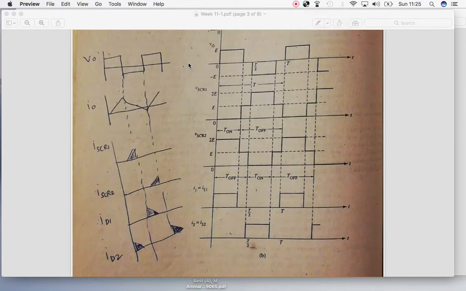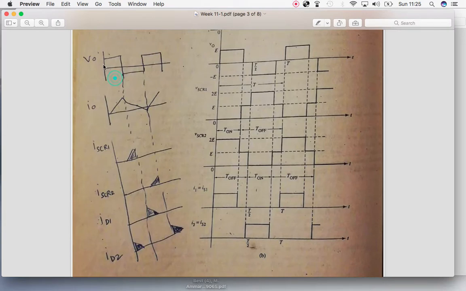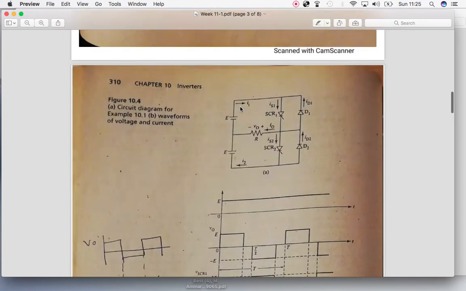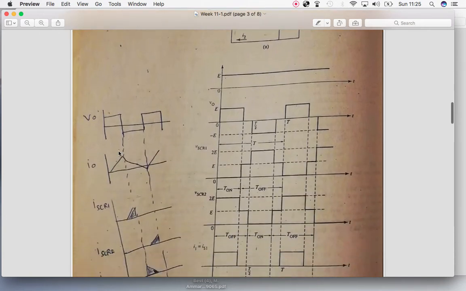coming over there. So we have the square wave for the voltage and the triangular wave for the current, because we have a load over here where we have a portion of inductance and capacitance which is not visible to us, but is present over there. So in that case we can have different values of voltage and current as a phase change is happening over there.